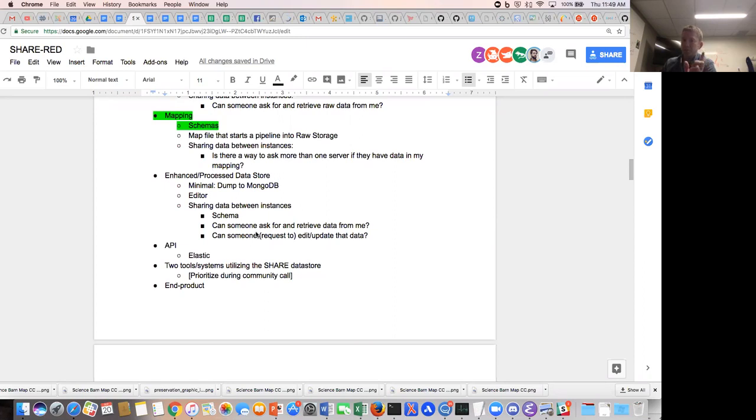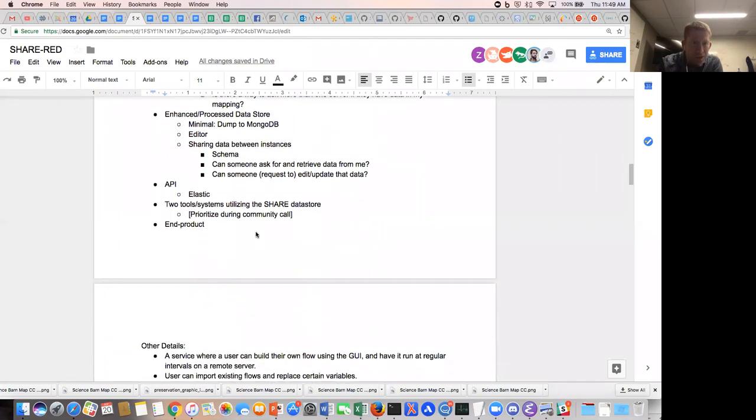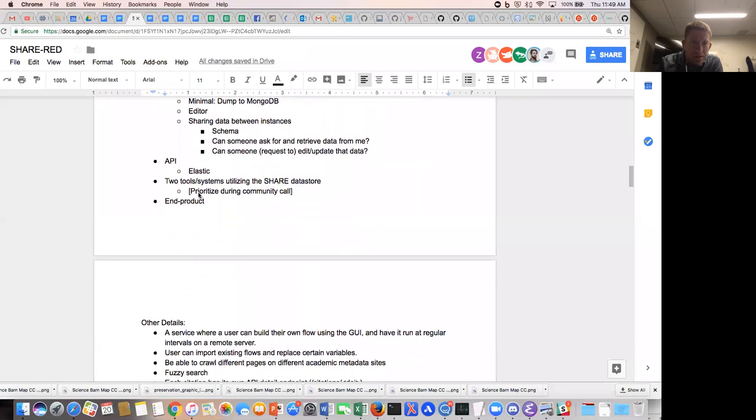So one, doing more of a direct node inquiry. Like if Virginia Tech's node sent a message to Notre Dame's node saying, what data do you have on this? Notre Dame could also send that out to other nodes as well as an inquiry. So those are some of the things that are just starting to be talked about. APIs, having some kind of API, obviously.